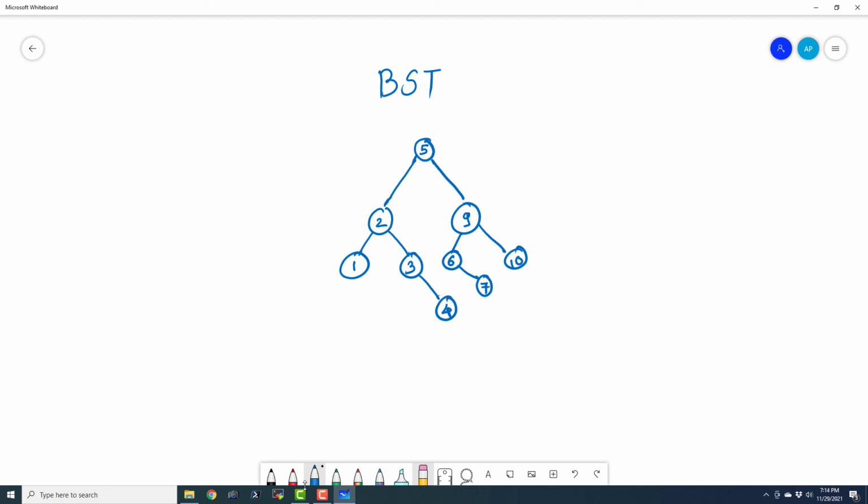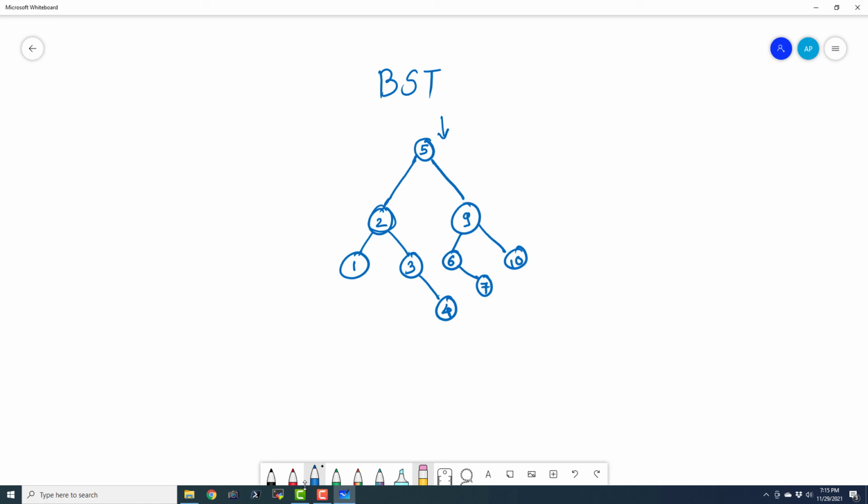So in case I want to find 6 in this, or I want to find 4 in this, what I will do, I will start searching from root node. So if 4 is less than the given node, then I will visit the left child. And similarly, if the 4 is less than this 2, then I will visit the left child, but that is not the case.